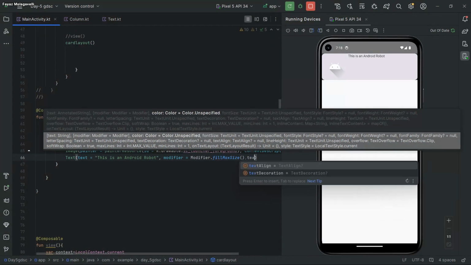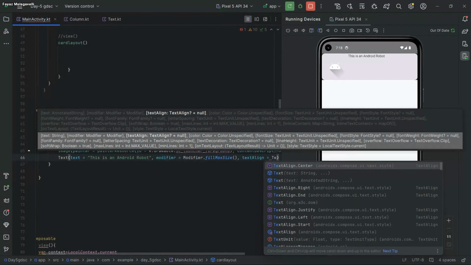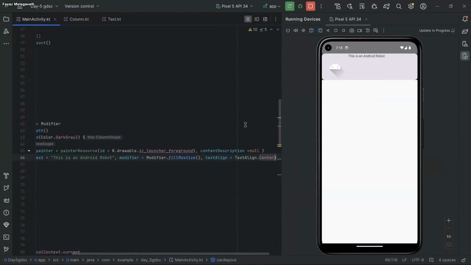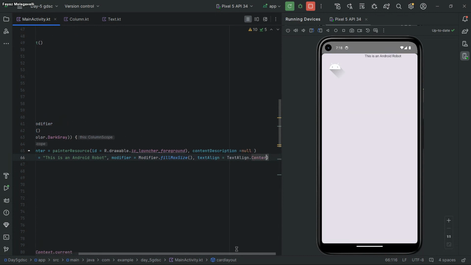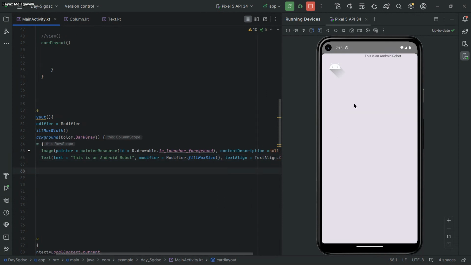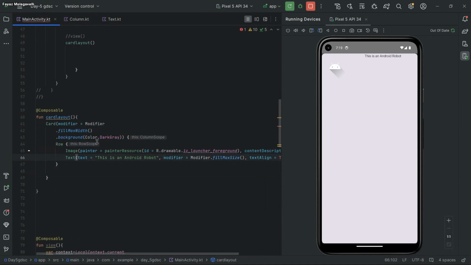I think we have text align. The text align again, we have to write text align dot center. Yeah, it goes in that way, but we want it to be below, right? If you use fill max size, it will cover all that in a card view. I think I have used a card view to fill size. Yeah, fill max size, right? But it has taken the whole thing